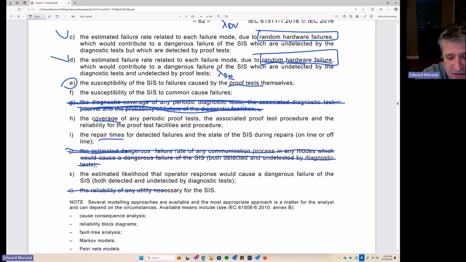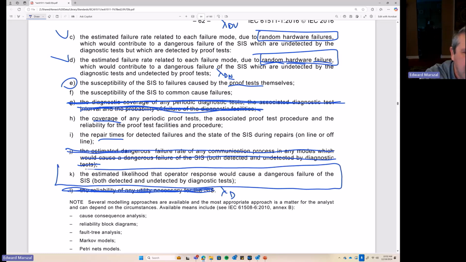The utilities clause is also going to go away, not because utilities are unimportant, especially if you have energized to trip. Utilities are important, but it's still just another subset of lambda D, or lambda S, actually, probably, for de-energized to trip systems. So those clauses are going to go away. Just more for clarification than anything. The other clause that's going to go away is the topic of today's discussion, this guy right here.